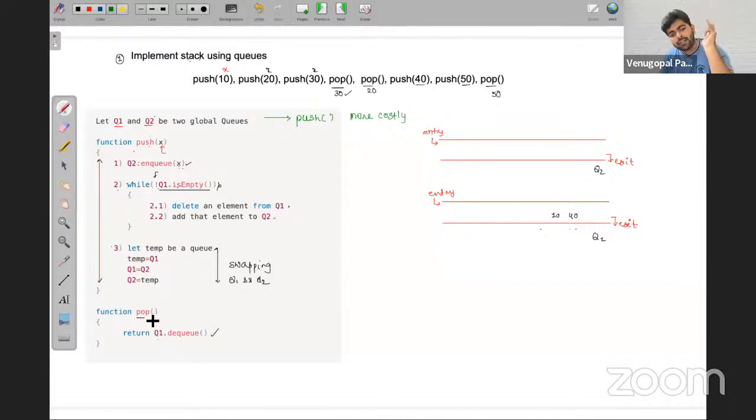But maybe you can try with the pop operation as more costly also. It's a really interesting exercise. You can come up with another algorithm where pop takes more time compared to push.